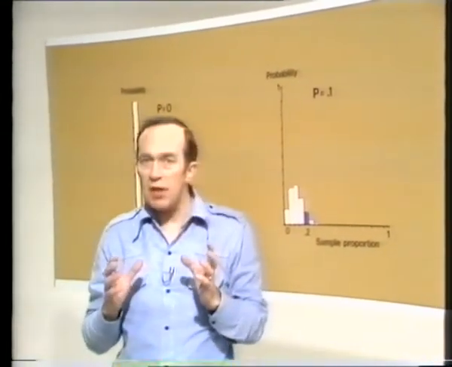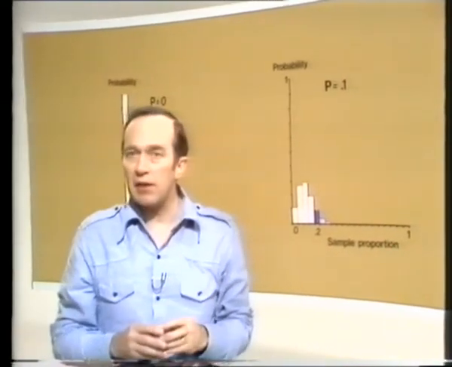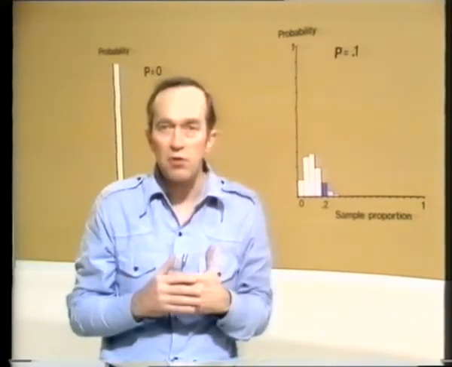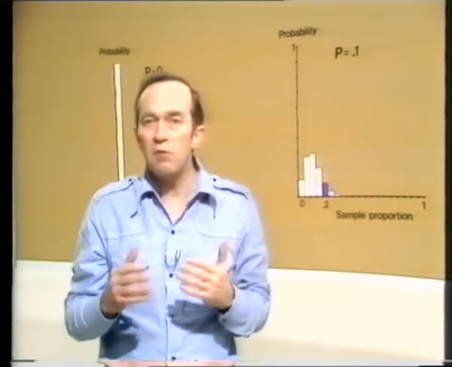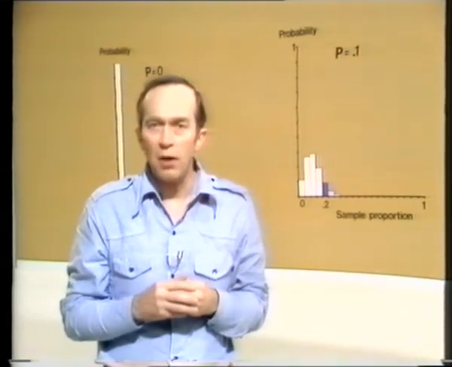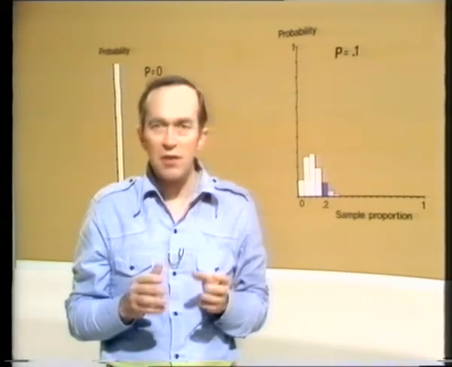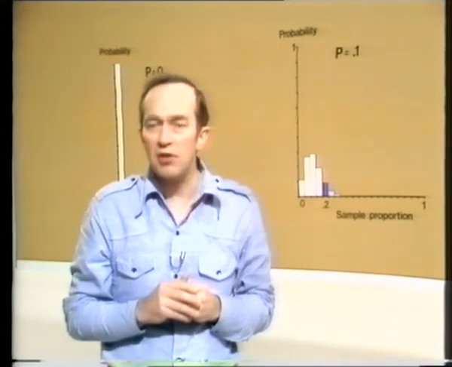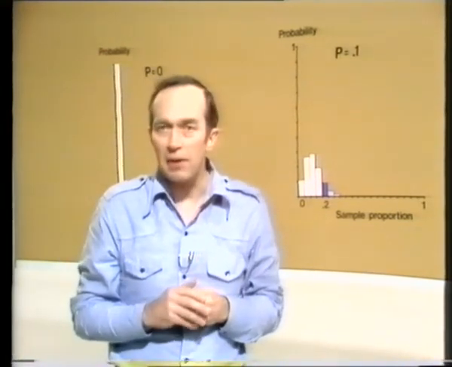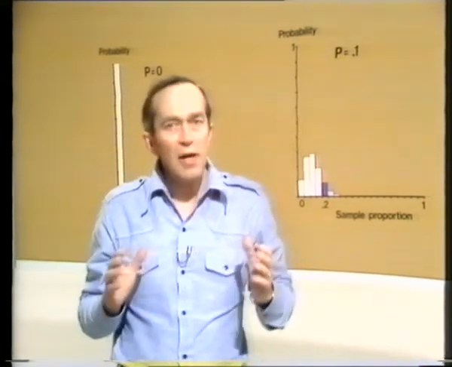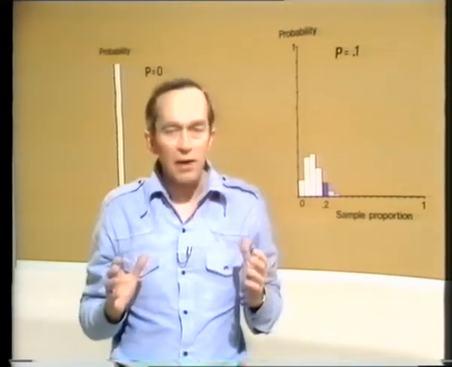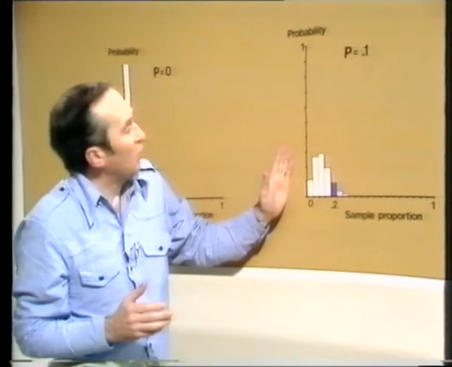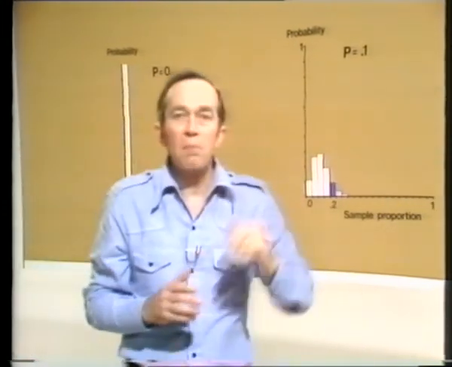So when we start thinking in terms of probabilities of getting that particular sample result, we have this sort of feeling about all these alternative models, that there are some values of p that could reasonably have given rise to that particular sample result. And there are other values of p for which the probability of that sample result is so small that we really think that we ought to reject those as possible values of p. And you finish up with a range of values of p that might be the contents of that bottle. Say, in this case, from p equals something below 0.1 to about p equals 0.4.